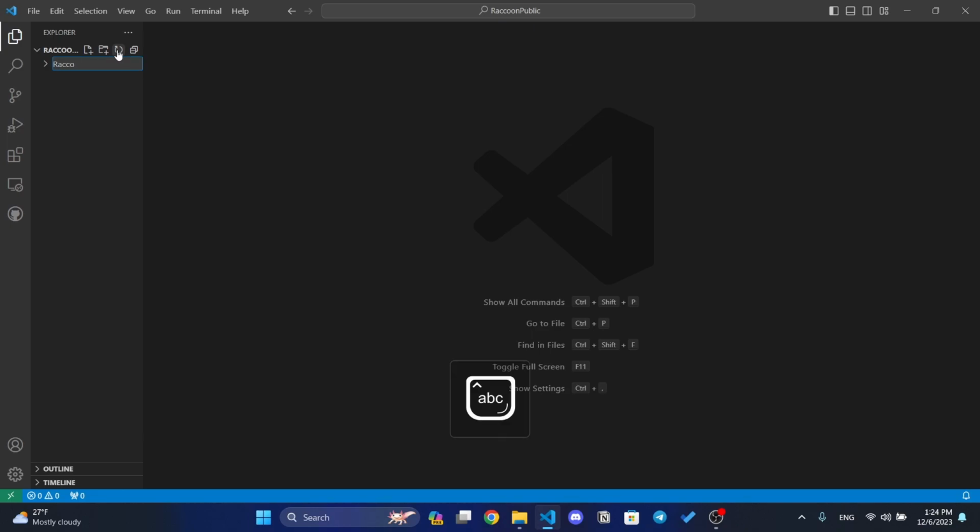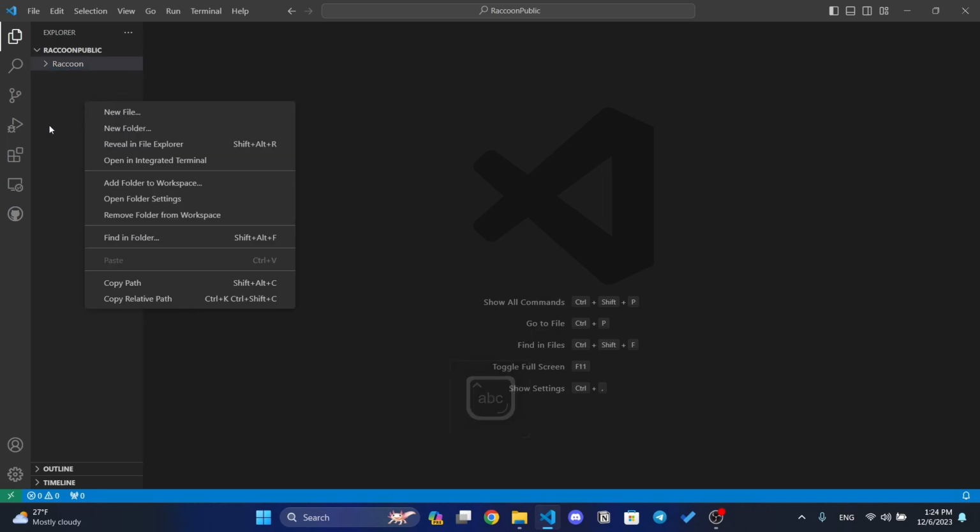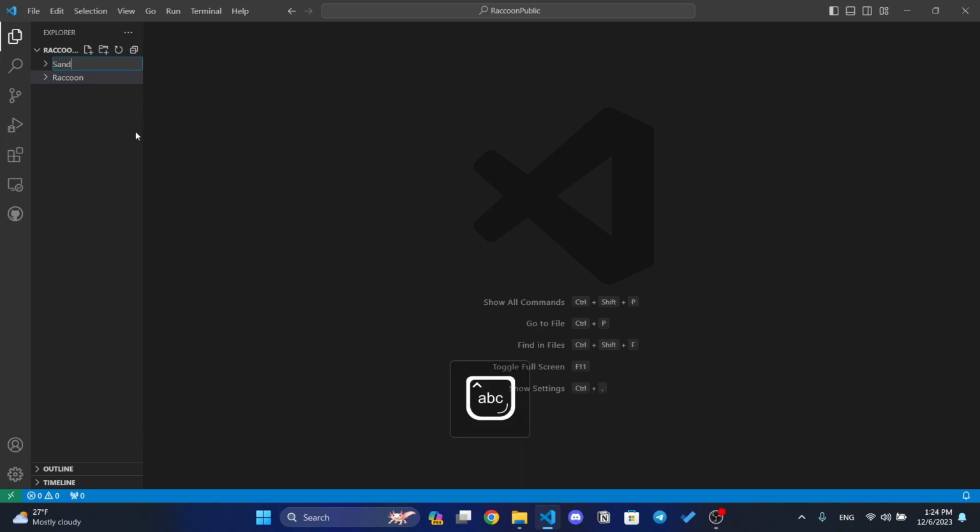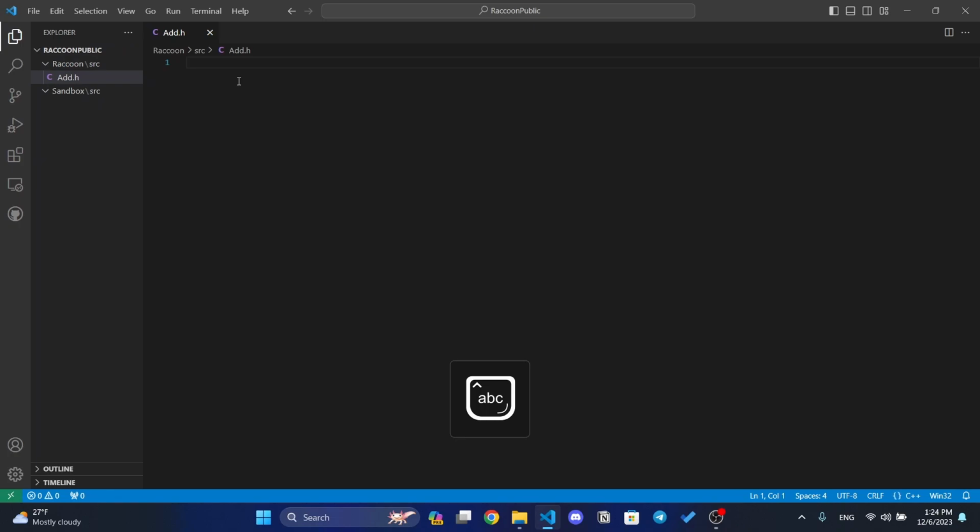First of all, we need to have a Raccoon folder and a sandbox folder. We'll name it like this. Here we will have source code, and here also we'll have source code. And here, let's create a simple add function that will add two integers: int add, int a, int b. Okay, and here we will have